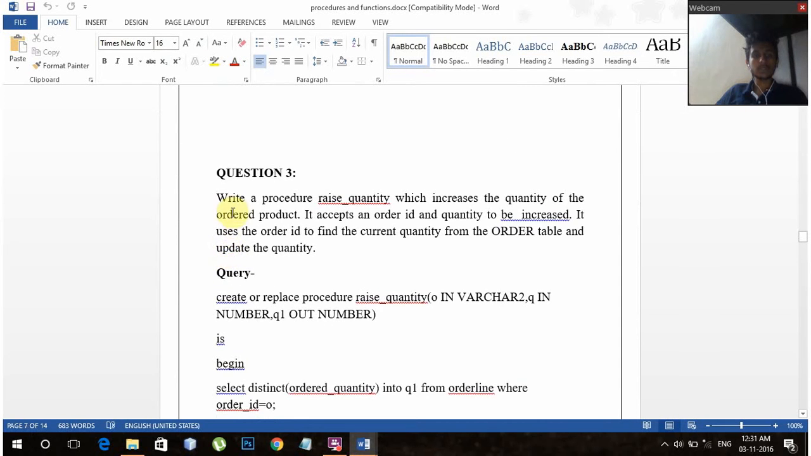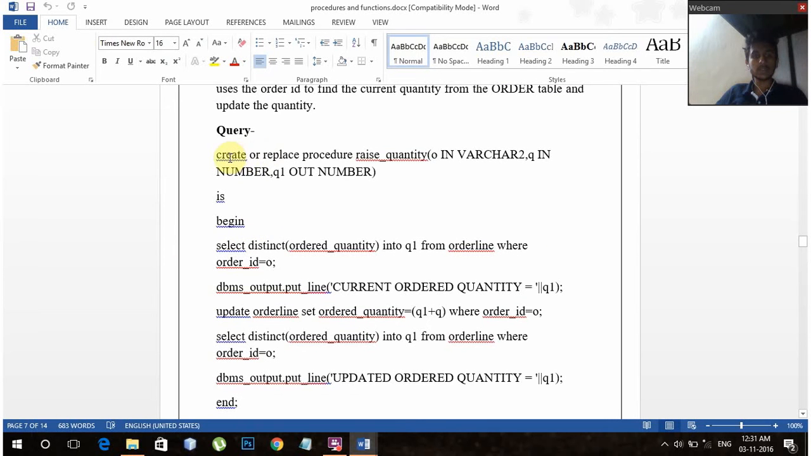The third question, write a procedure raise quantity which increases the quantity of the ordered product. It accepts an order ID and quantity to be increased. It uses the order ID to find the current quantity from the order table and update the quantity. The query is create or replace procedure raise_quantity (O in varchar2, Q in number and Q1 out number) is